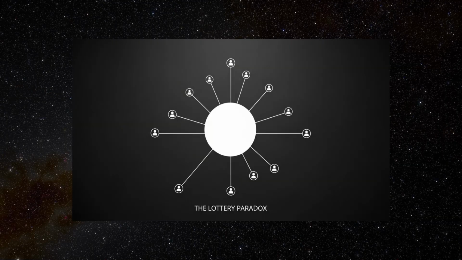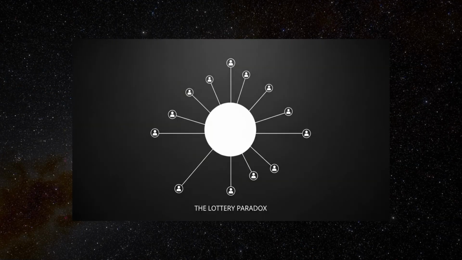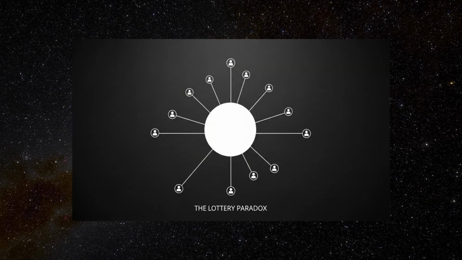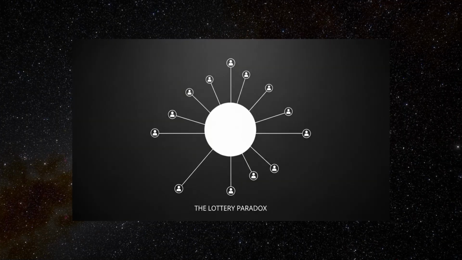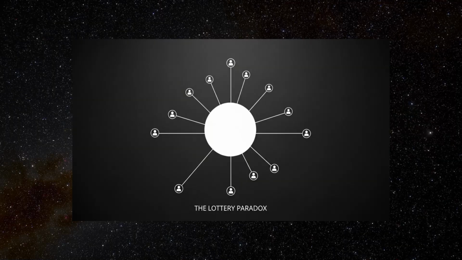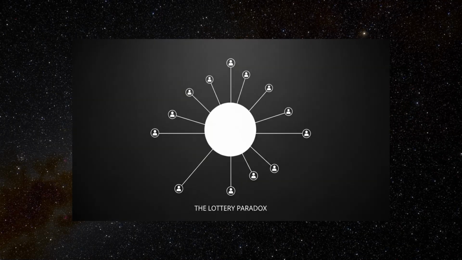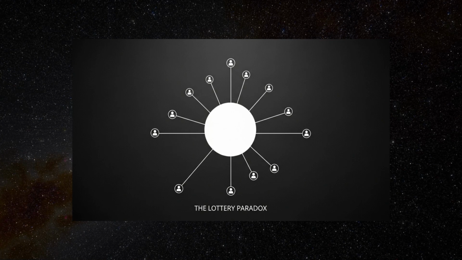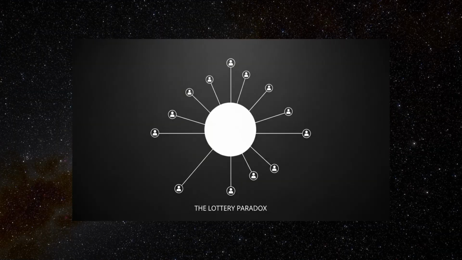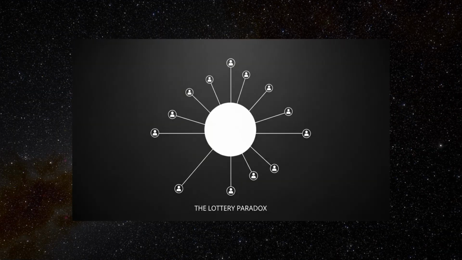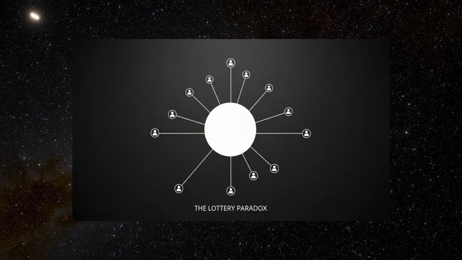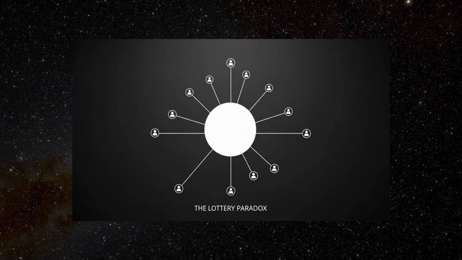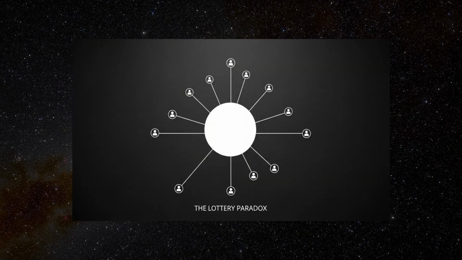Imagine a fair lottery with 1,000 tickets, and only one winning ticket. The drawing is perfectly random, and every ticket has exactly a 1 in 1,000 chance of winning. Now consider the following reasoning. For any single ticket, say, ticket number 137, it is extremely probable that it will not win. In fact, the probability that ticket number 137 will lose is 999 out of 1,000. That's a very high probability, so high that it seems reasonable to believe that ticket number 137 will lose.